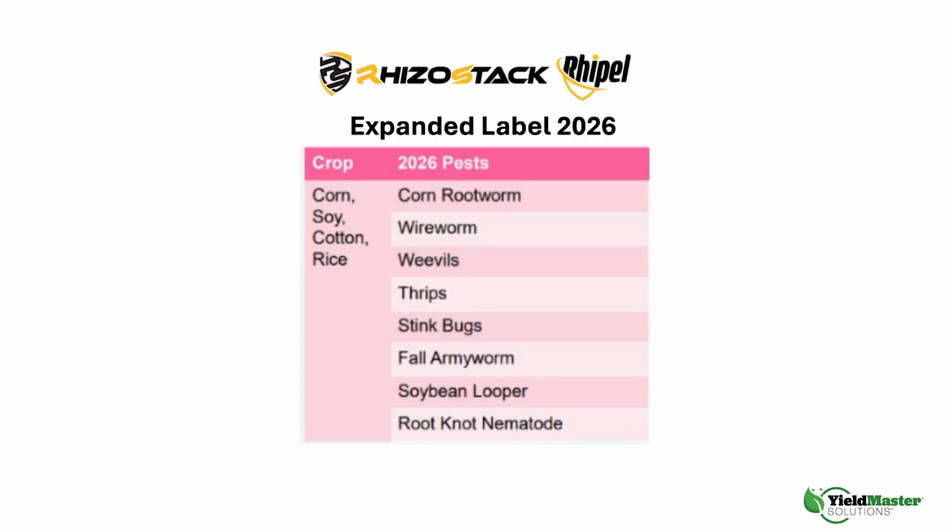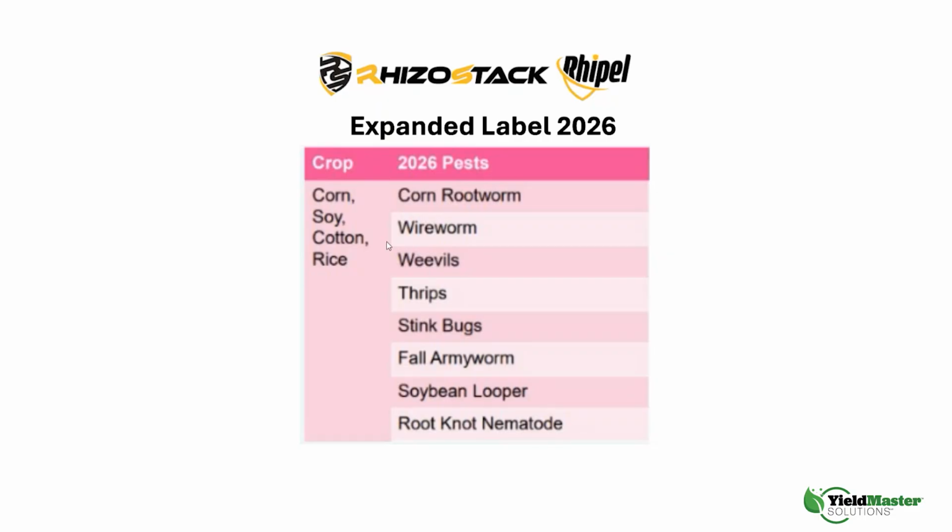or just fields with lots of waterways, field edges, that kind of thing. Wireworm is probably the most forgotten about insect, especially where I live here in Wisconsin. We're planting into a lot of cold soils, a lot of no-till in some areas. And with wireworm, when you start losing 2,000 to 3,000 plants an acre, that can be really detrimental to yield. And like I said, there's no trait out there that controls wireworm, but with that Rhipel,